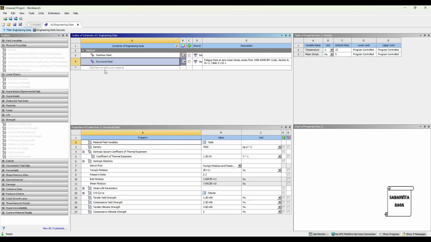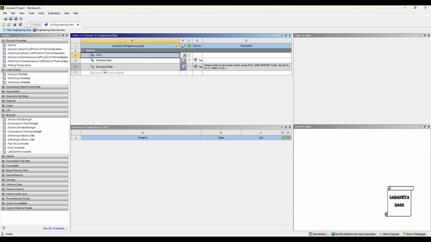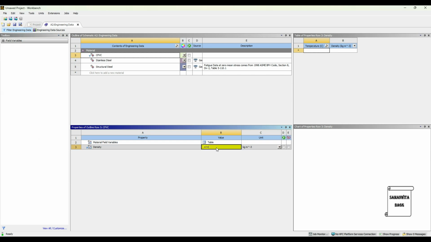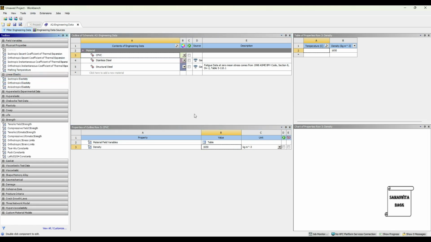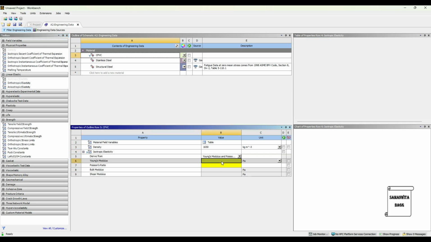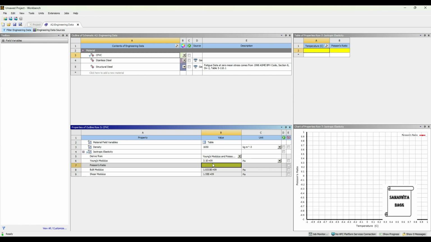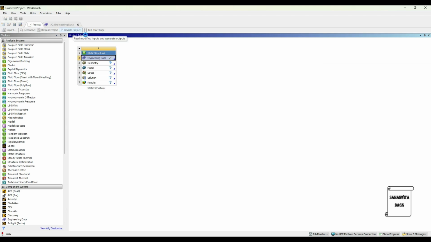Then I'll go to Engineering Data Sources and here I will add another material, which is CPVC. I have the material properties. So let's go for CPVC as the second material. The value of density for CPVC is 1650 kg per meter cube. Also, I'll give the value of isotropic elasticity. The value of Young's modulus is 3.1 gigapascal, so E9. And the value of Poisson's ratio is 0.386. Now we'll go to Project and Update Project.